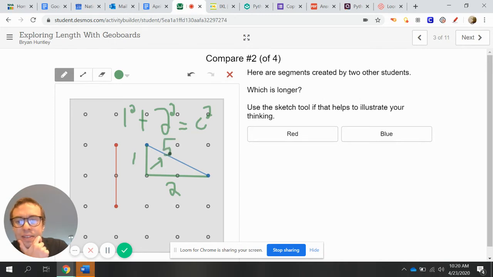So it's 5 equals c squared, and then to finish it off with the Pythagorean theorem, you'd have to take the square root of 5. So if you just take that in your calculator, the square root of 5, you get about 2.236, right? Which 2.236 is a little bit larger than the length of 2, so this blue line is actually a little bit longer. So you may have been able to guess that just by looking at it,